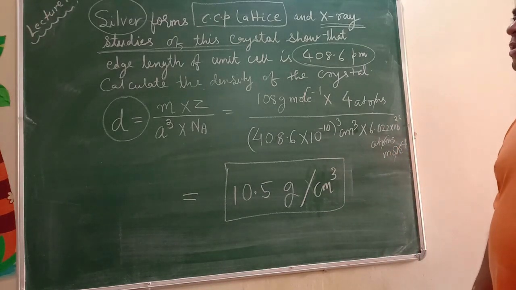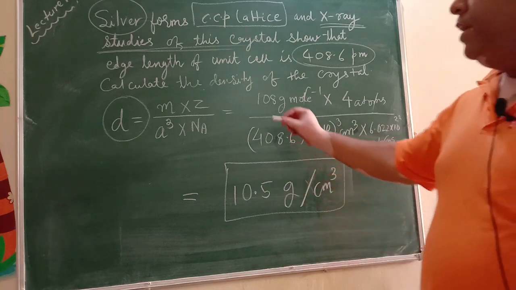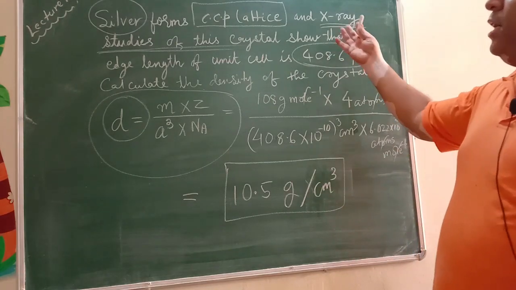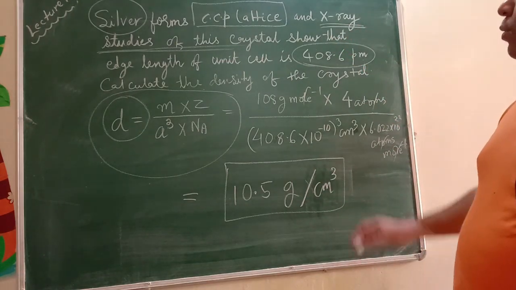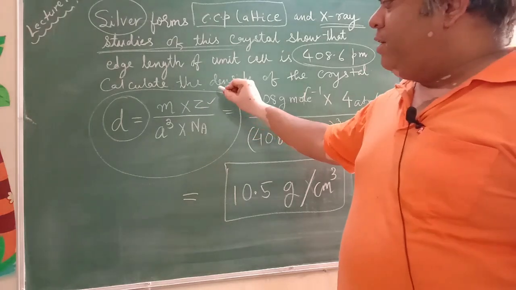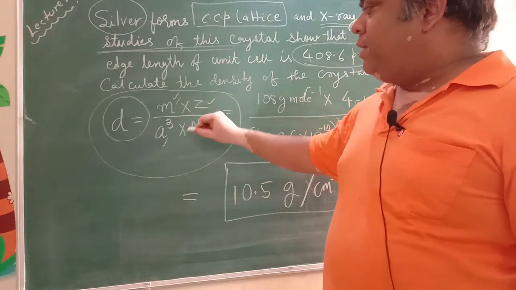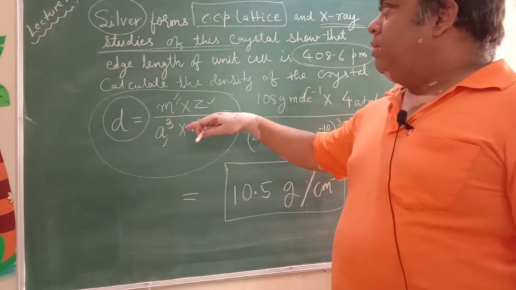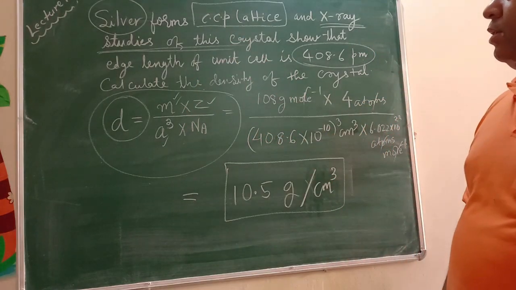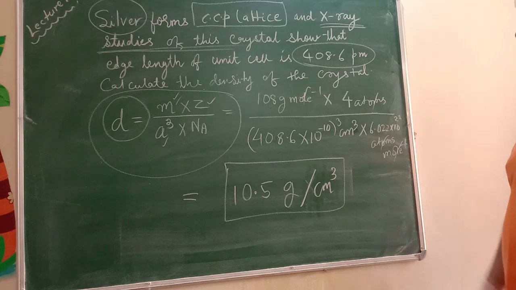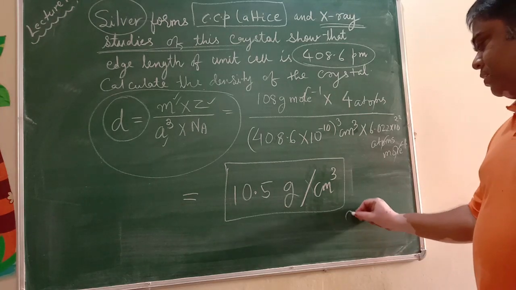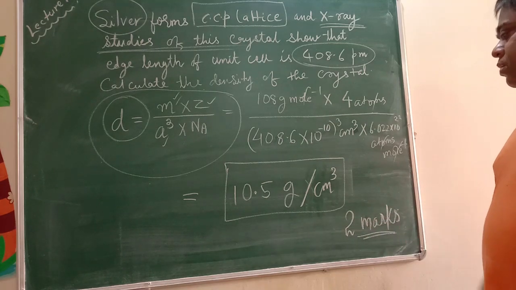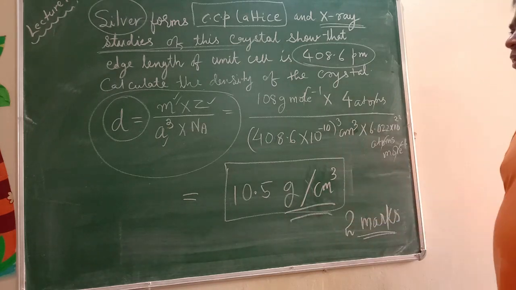So this kind of easy numericals are asked from this concept of density of crystals. Alright, so there will be many stories given that this method was applied, that experiment was done, but you have to find out what values are given in terms of Z, A, M, all that. So if you can find out the given data in the form of indirect statements, you will be able to put the value and get the answer. This is a very direct kind of a question. Alright, this will be a 2 marks kind of a question. And if you don't write units, then marks will be deducted.